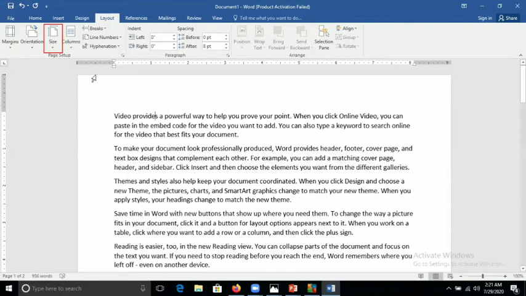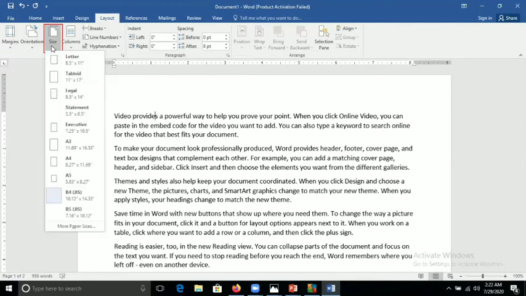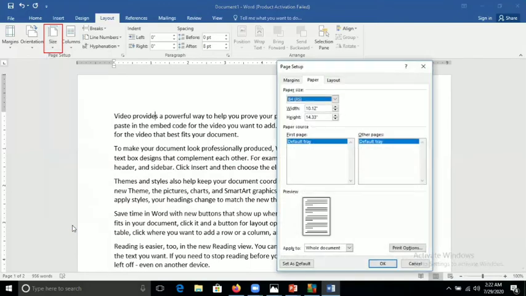If I want to create my own height and width, you will go to more page sizes. The last option under size is more page sizes. Click on more page sizes. You can see here the list of all the page sizes we have seen earlier. If you want to create your own, click on custom size. Here you can provide the width and height.